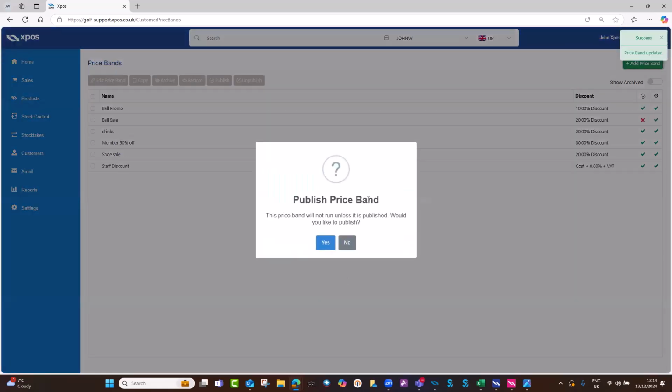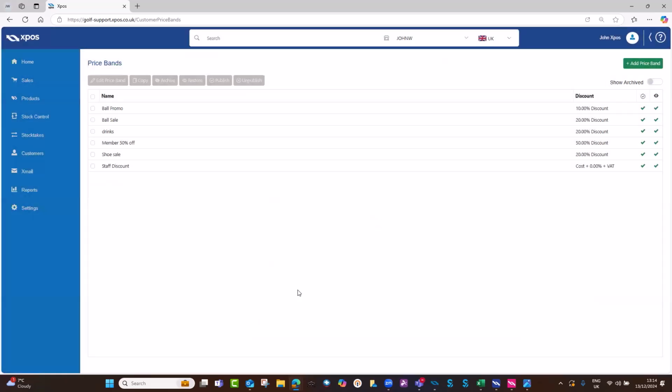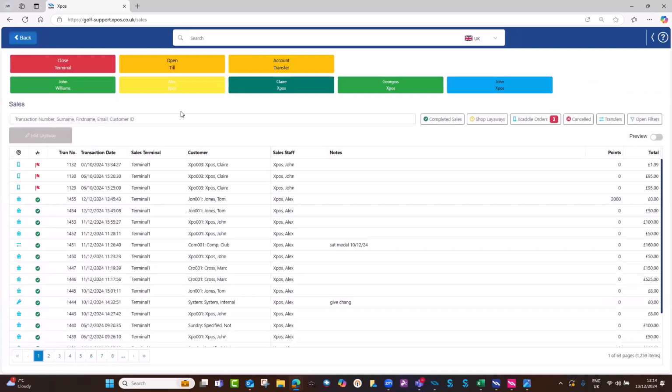Now, publish price band. So the idea is you can create a price band, but you might not want it started straight away at that point in the day. So you could say no and then click on it and publish it later in the day. I'm going to publish my price band though. And then if we go into the sales screen,